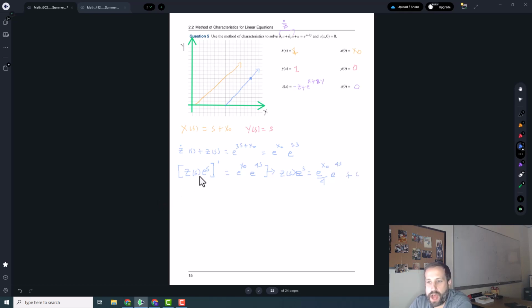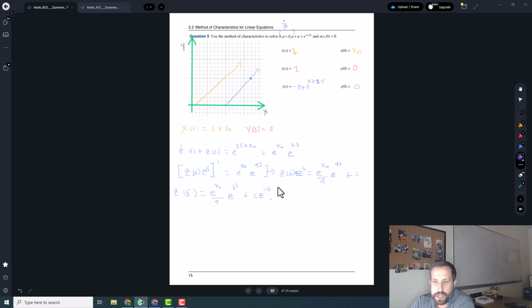And now if I solve this for z of s, I'm going to get z of s is equal to e to the x naught over 4 e to the 3s plus c e to the minus s. And now I'm going to use my initial condition, z of 0 is equal to 0, to figure out